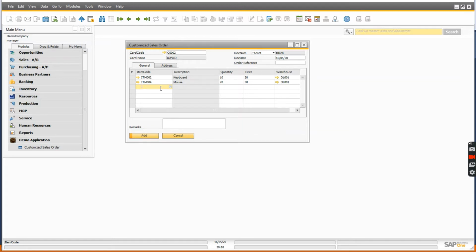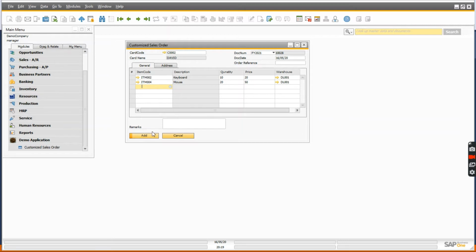Now come to the second validation. In the second validation we are removing the blank record from the matrix, because I have set my item code UDF as mandatory, so it will not take a blank value. When you add this form, it will not allow you to add a blank record into the item code.